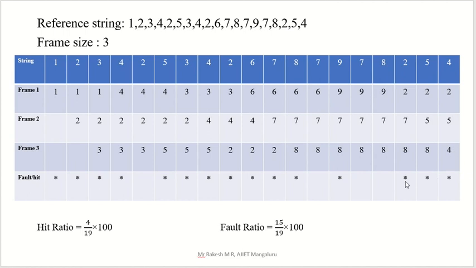Yes. So now calculate how many page faults and how many page hits there are, and use this formula. The page fault percentage is the total number of page faults divided by the total number of entries, times 100. And page hit means how many blank spaces or tick marks there are, divided by the total number of entries, times 100. That is your page hit.